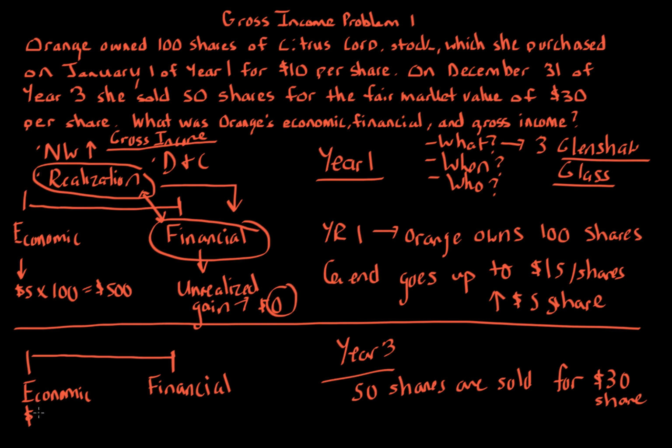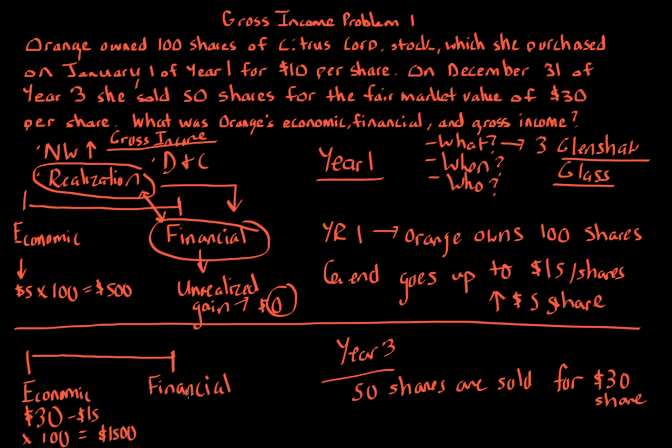We can't double count the income, so we take the $30 per share, that's the fair market value, minus the 15 times the 100 shares, because some are sold and some are not, and that gives us $1,500 of income